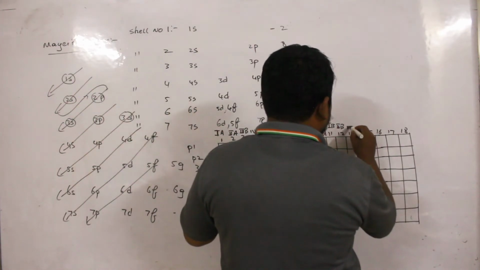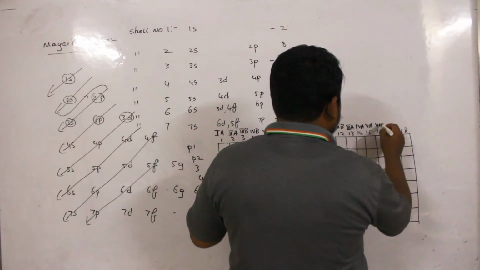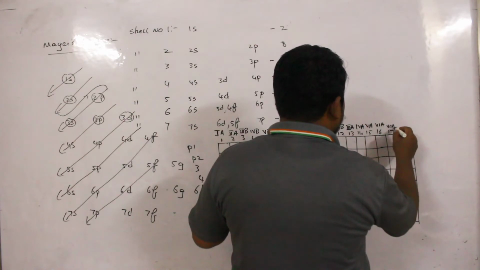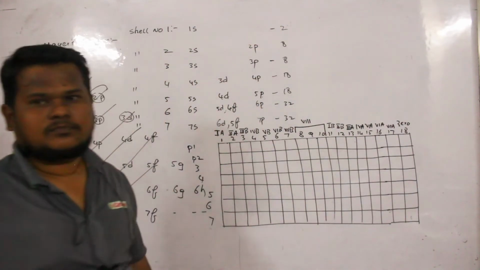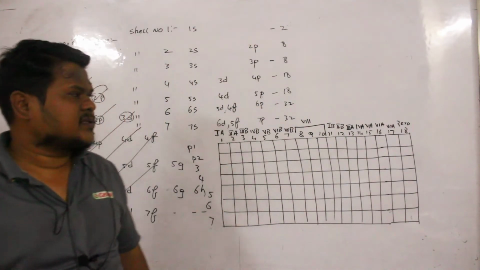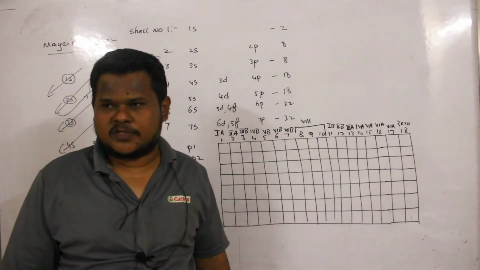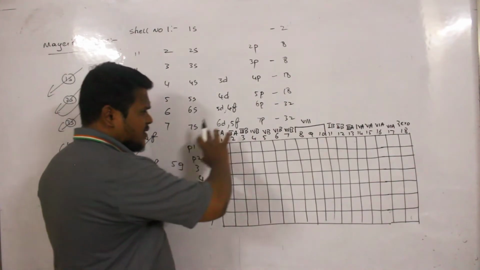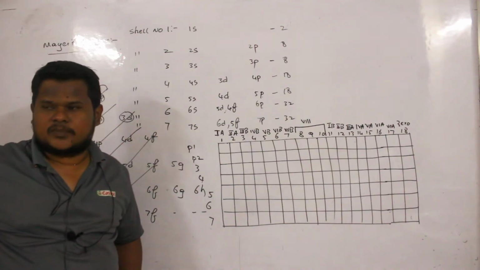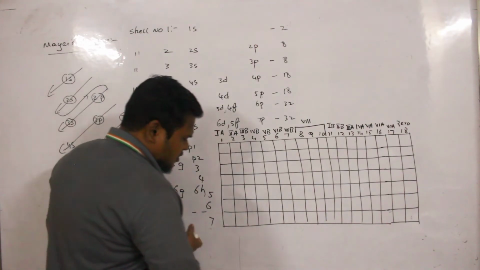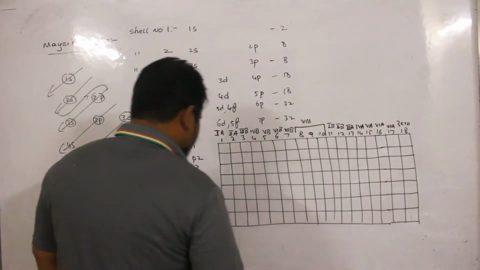So 3A, 4A, 5A, 6A, 7A, and this 18th column is called the 0 group. Are you able to understand? The 18th column is called the 0 group because in that group we have only inert elements, inert gases, present. Clear? So this is about the basic construction of the modern periodic table, or you can call it the long form of the periodic table. Clear? And in the bottom you have 14 lanthanides and 14 actinides also. So let us draw them also.